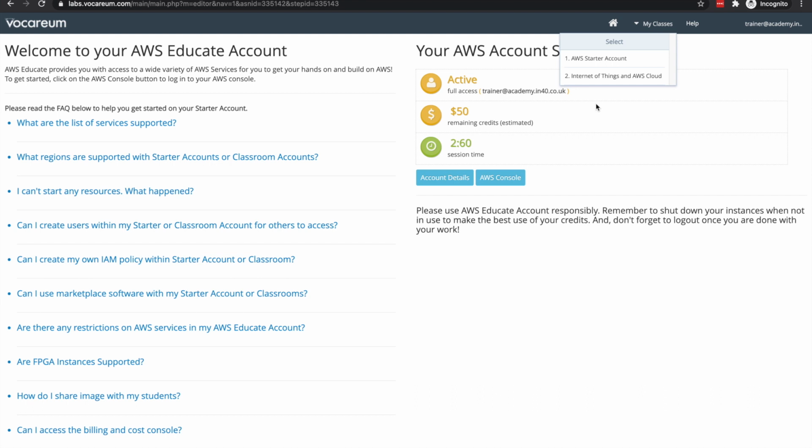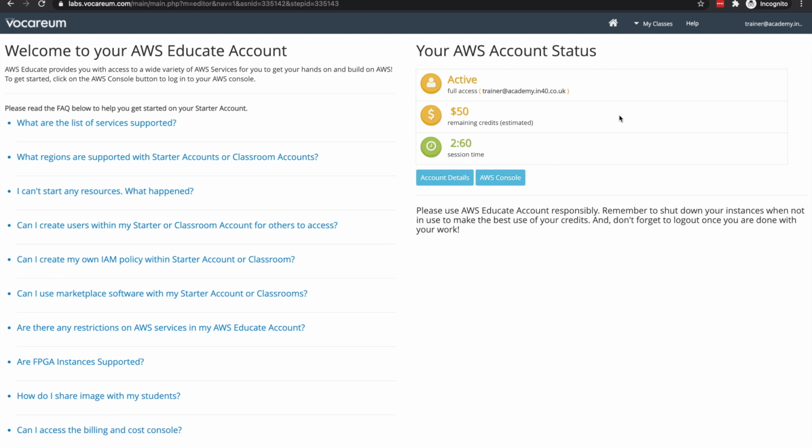So if you want to use more of AWS to learn more, then just stick with the AWS starter account to begin with. Create all your resources, make use of the $100 credit. But when you run out of it, you will not get these $50 for that account.